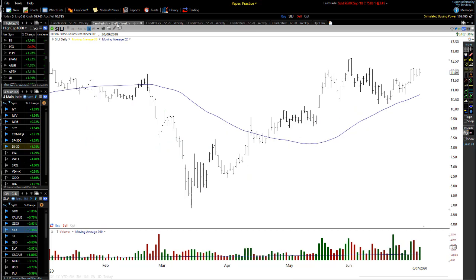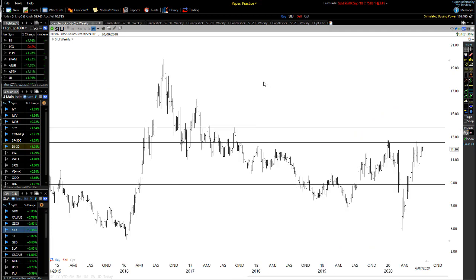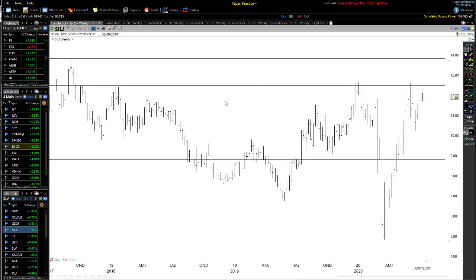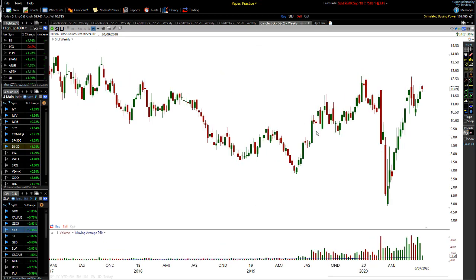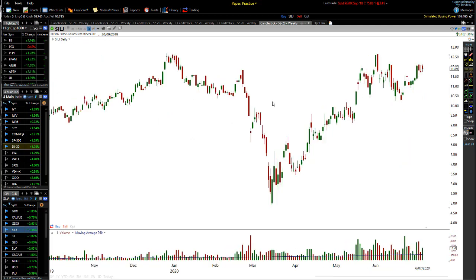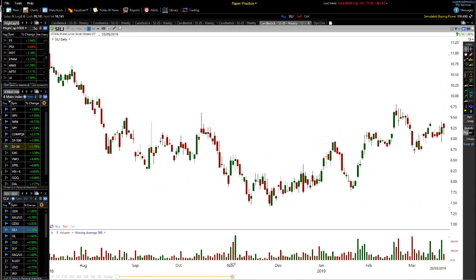There are so many times, if I bring up, say, this daily chart here, that you will see, and let me bring up the weekly chart here. There are so many times on the daily chart that you'll start to see something like this, where the market's making a higher low, a higher low, a higher low. So we're starting to trade the trend. Makes sense? So the trend is your friend.